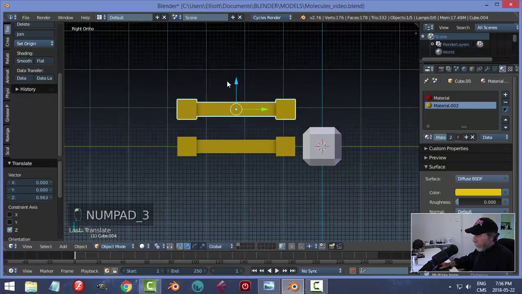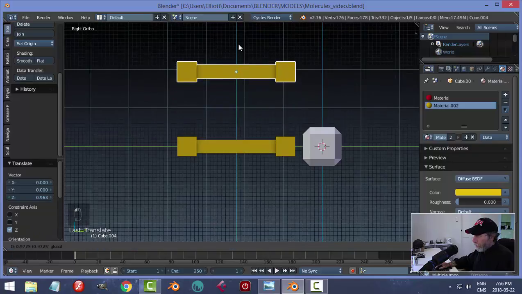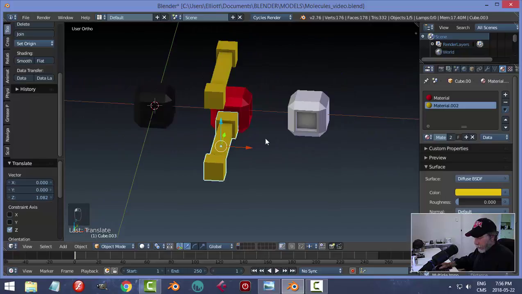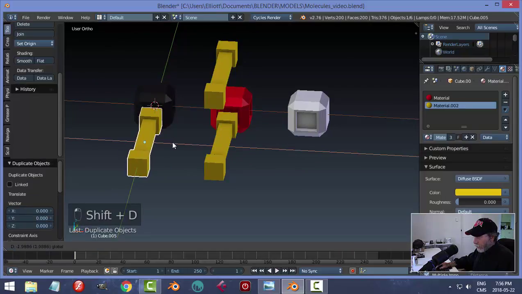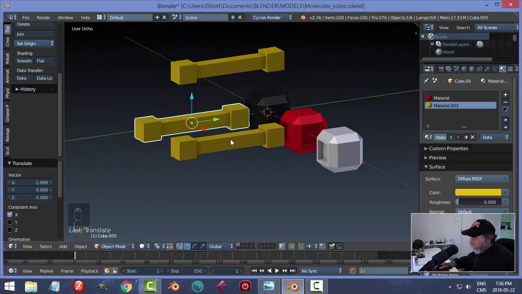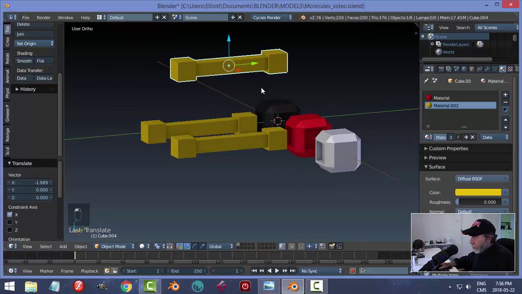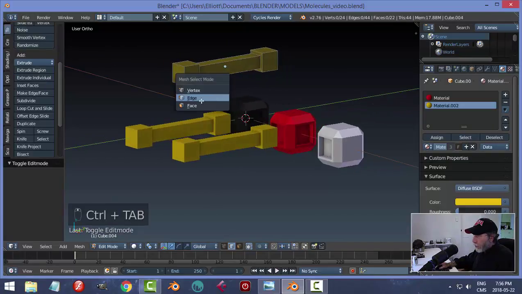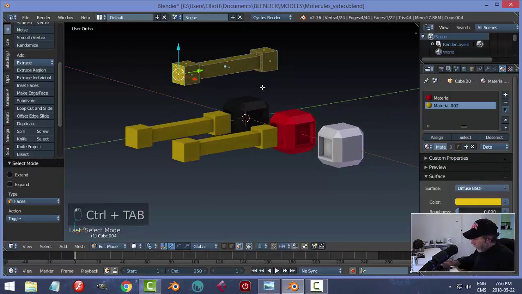I'm going to bring this up a ways like that. So I should copy this and send it out to here. Okay, so there's a single bond, and I'm making the double bond now. Okay, so let's come in here, and let's do this. I'm going to select that face and